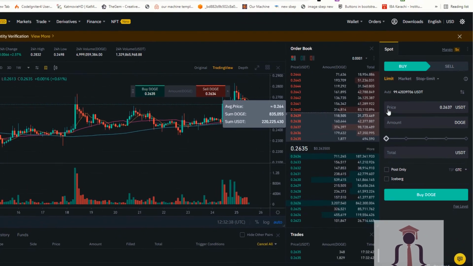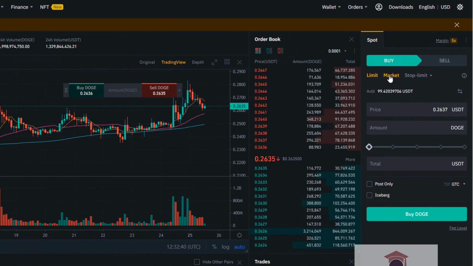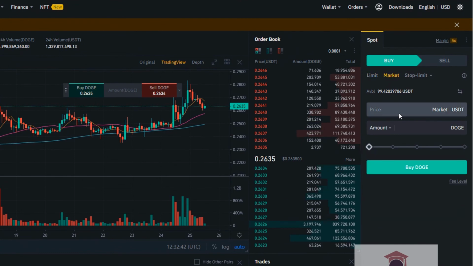Now as you can see, this is the limit and market. Click on market price and then select how many Dogecoin you need. Let's suppose 600. Just click on Buy Dogecoin. That's it. You can also select 25%, 50%, 75% or 100%. Why 100%?